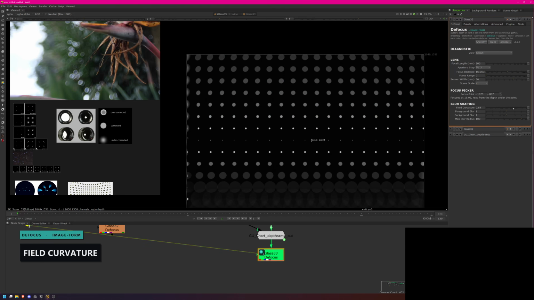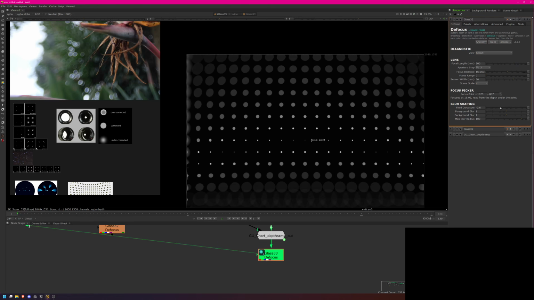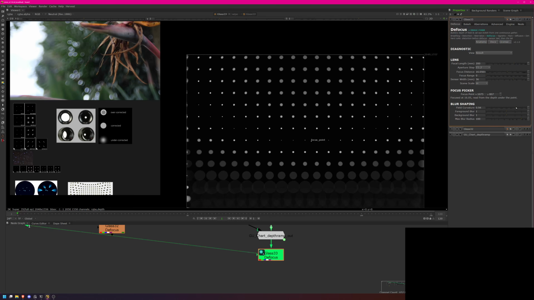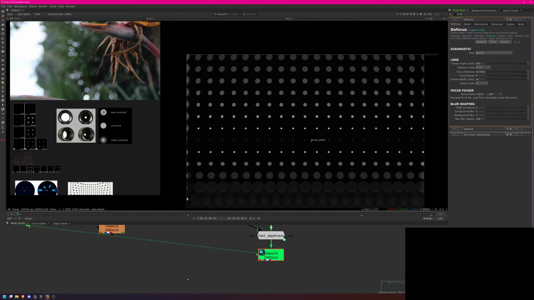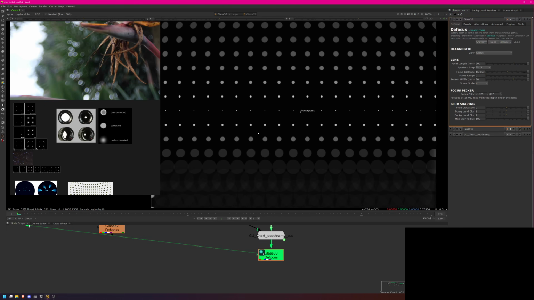You can have field curvature, which means the focal intensity changes based on the edge of the lens. So on the outside, you can say the outsides are way softer, typical lens behavior. Or you can do the opposite. You can have the outside be sharper, so that you can also mimic here. And now let's apply all of these things onto